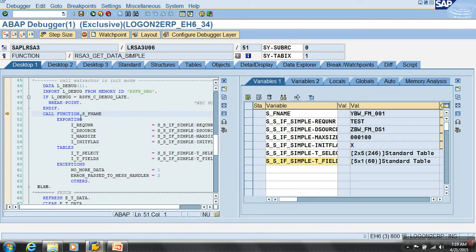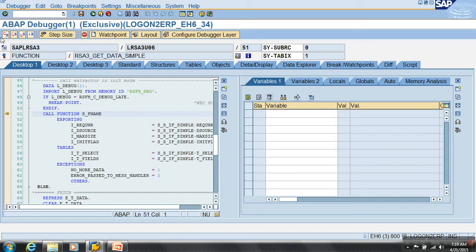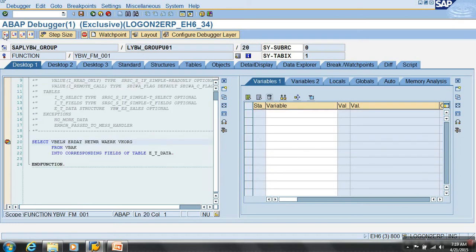Okay, let it call this now. I'll say F5, so it will go to the function. So it has come to my function model now. Let's see I_INITFLAG. It is X.